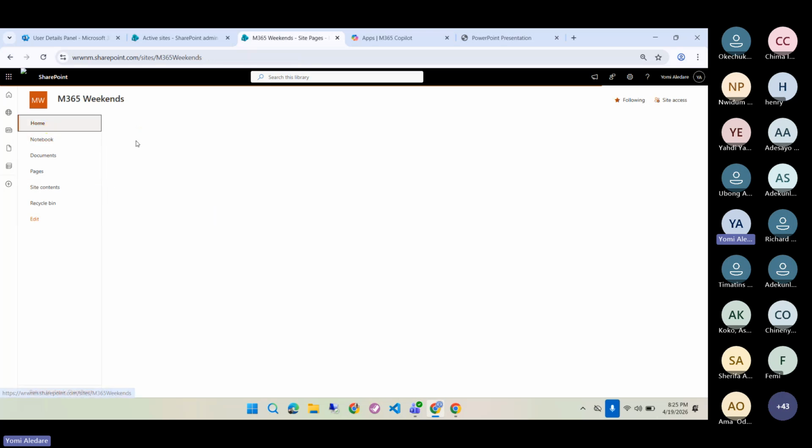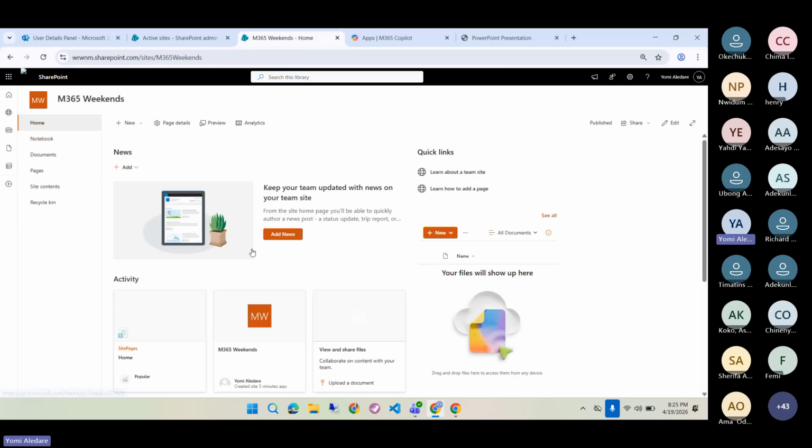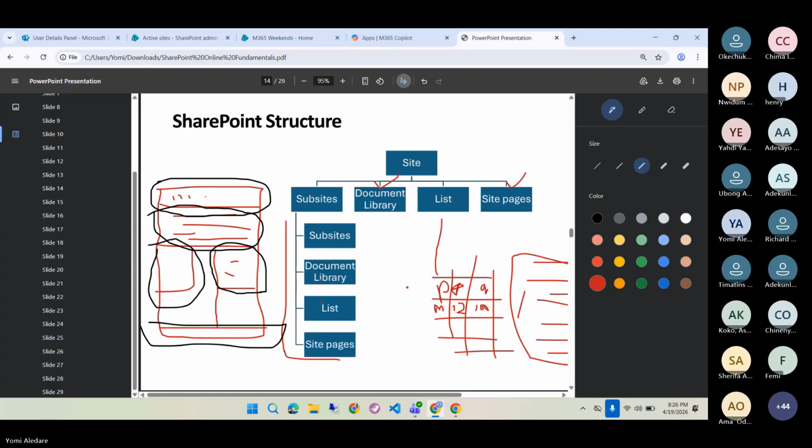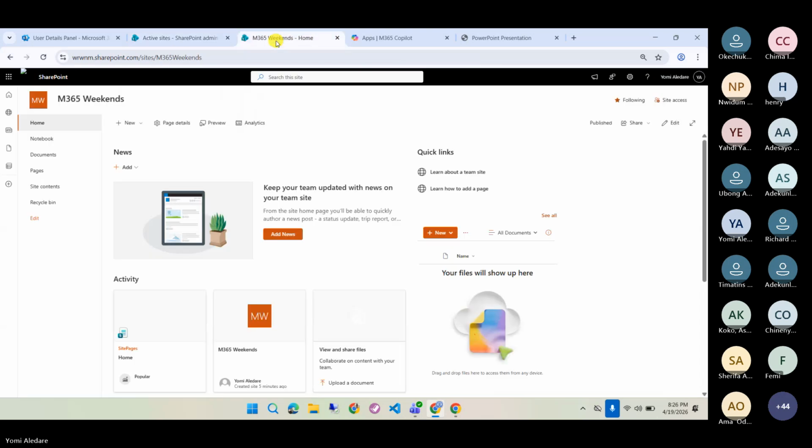So we'll start by creating a different home page for our site. That's one of the first activities we want to do, just to demonstrate web parts. So we'll start from there quickly. So where do we do that? So if you go to,